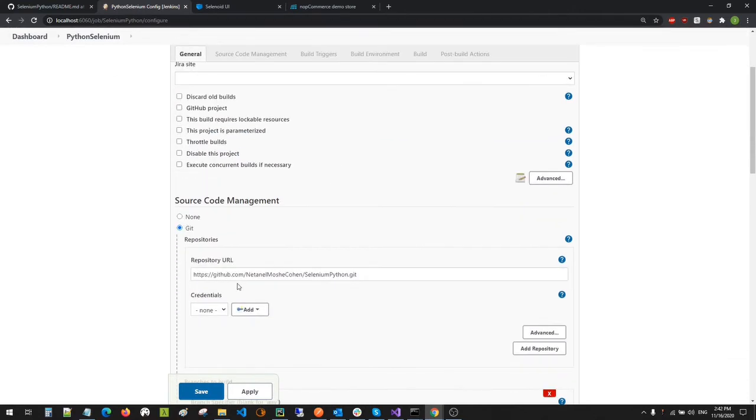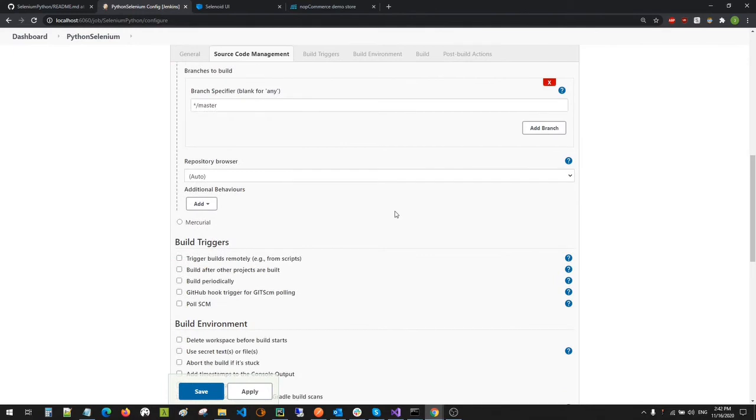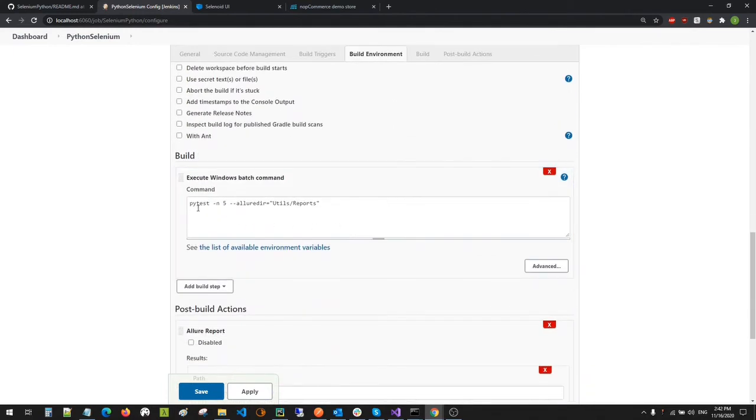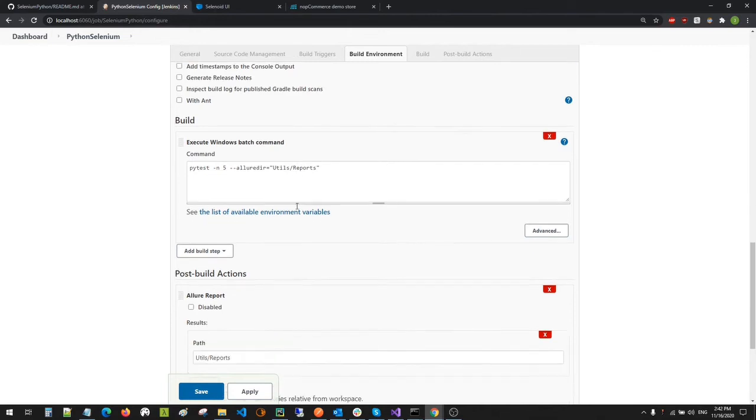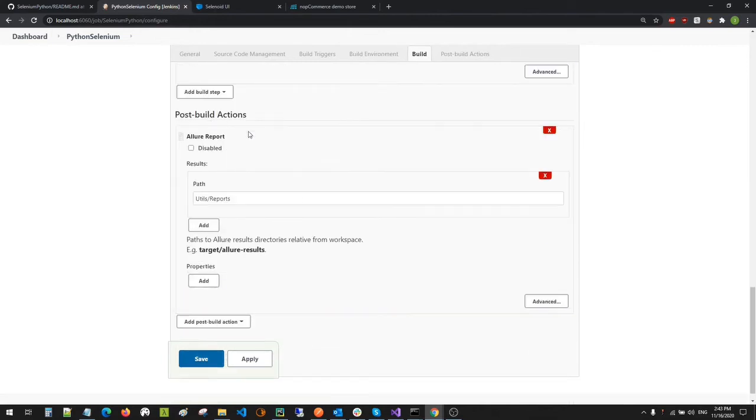So I'm cloning the project from my personal GitHub account, and then I am running the tests using the PyTest command. I will run all 5 tests in parallel and save an Allure report to this path. And of course, the post-build action will create a report from the files of this path.